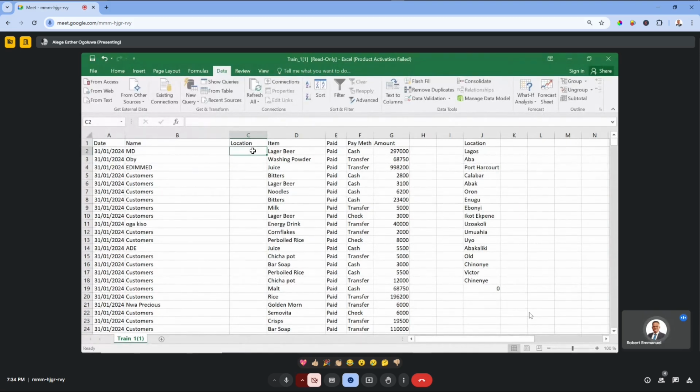Now what we want to achieve: we want to transfer these locations that we have, from Lagos down to Chinoyi. We want to use them to populate this location field randomly. That is why we are using the INDEX and the RANDBETWEEN functions. So let's write those functions again. Write equals to,